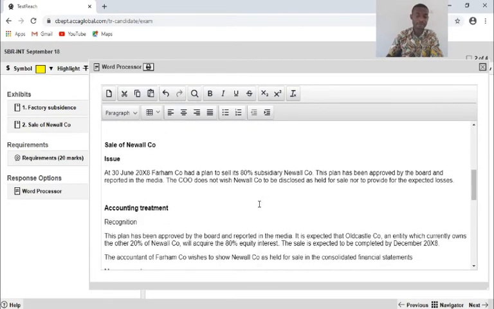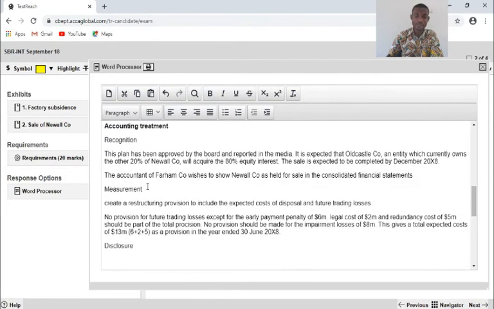Now, when you come here to the sale of the new Allco, the issue we have dealt with is the accounting treatment, the recognition.